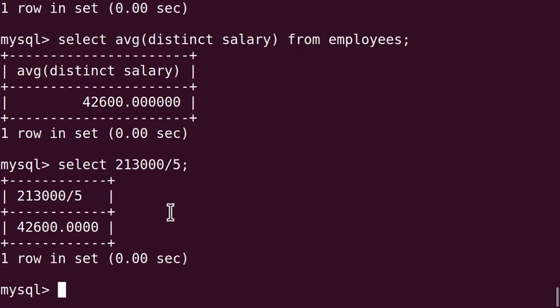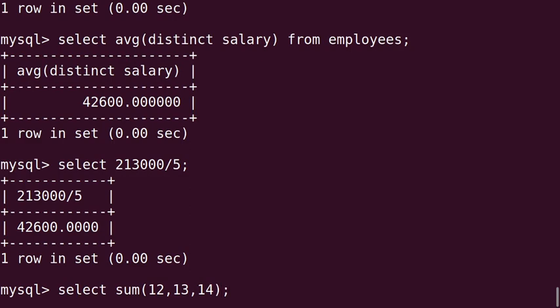Here one thing I just want to tell you: sum and average are aggregate functions. So here also, suppose the sum of 3 numbers. If I want to do it like this, sum within bracket 3 numbers 12, 13, 14, can I do it like that?